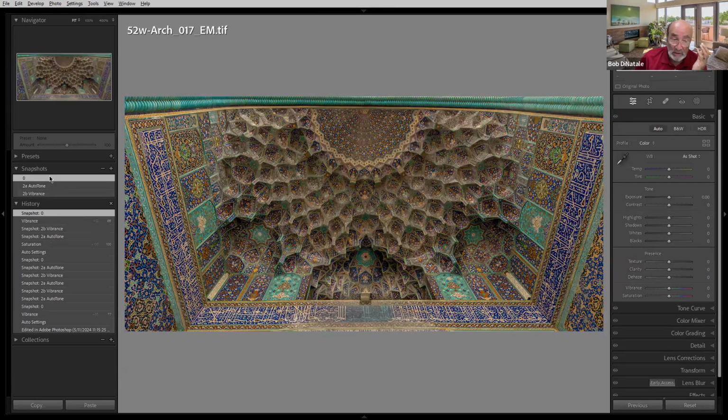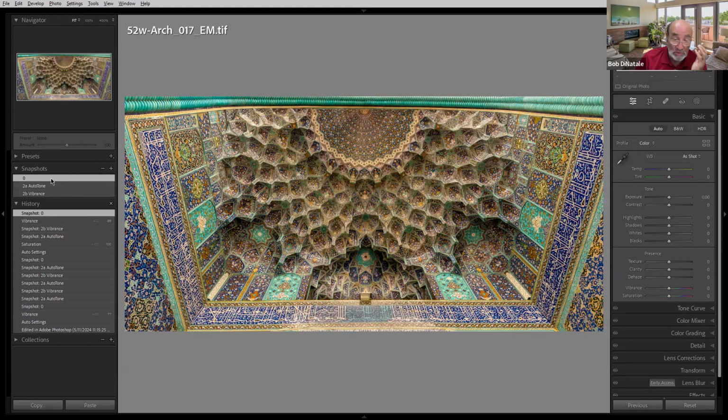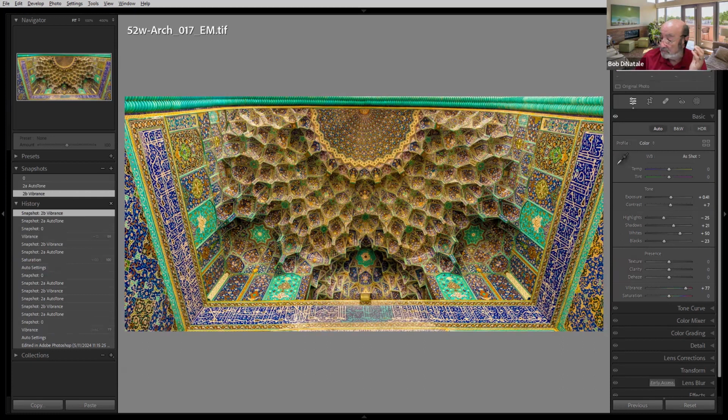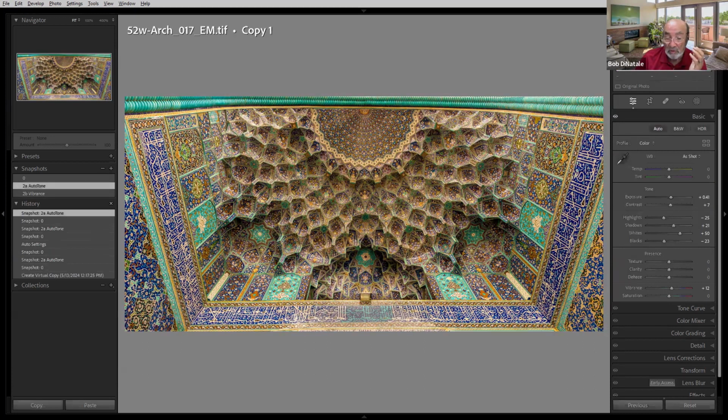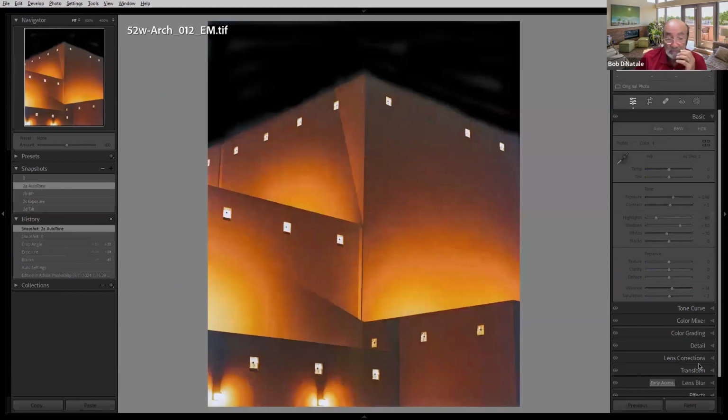So now you can see what I did. That was the capture, what was sent in. That was just an auto tone. I optimized it and I went to vibrance. If you look at this one here,